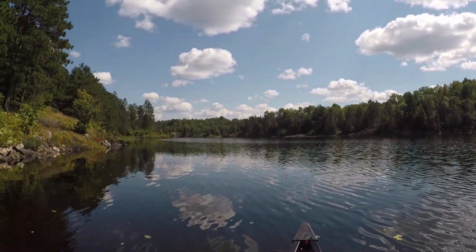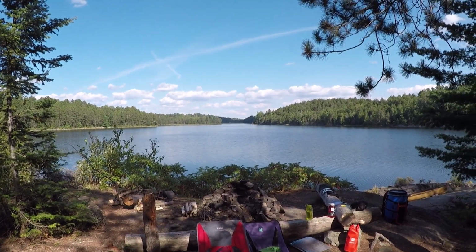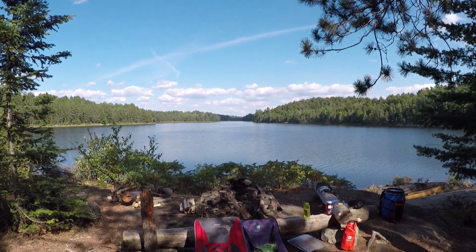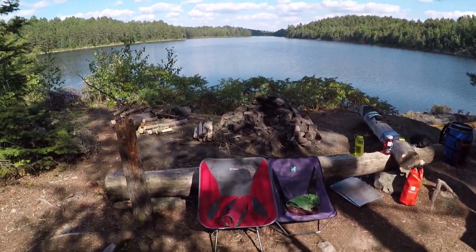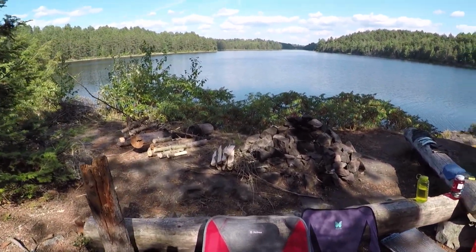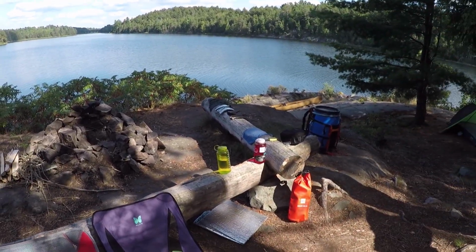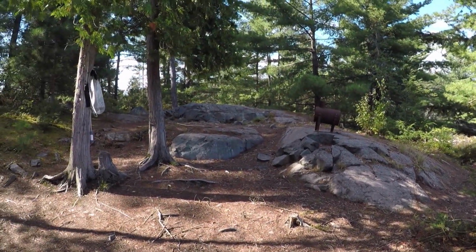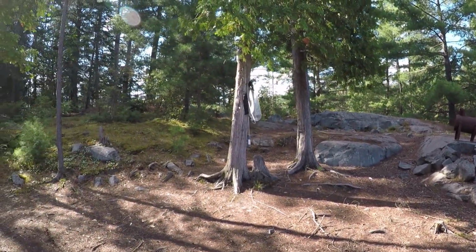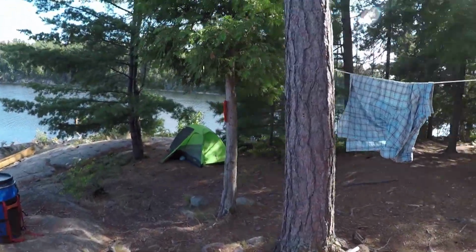We just got to go about 20 minutes to a half hour up this way. This is camp for night 5 here on Fish Lake. Here's the fire pit, and we got all our wood processed. We cut a pretty big tree down, so we still got lots more back in the bush. Some nice benches, and there's an old potbelly stove. Got our water, and our tent's down here